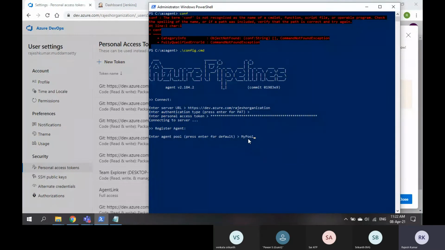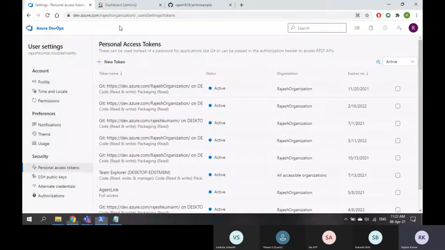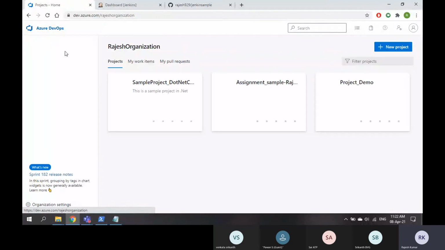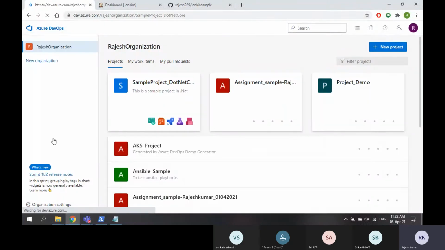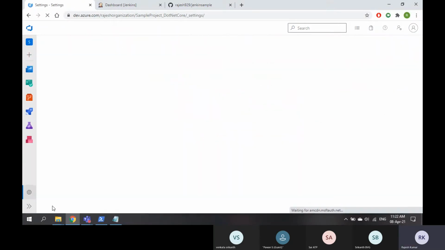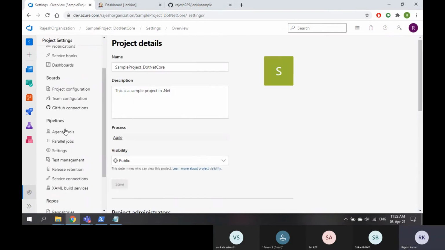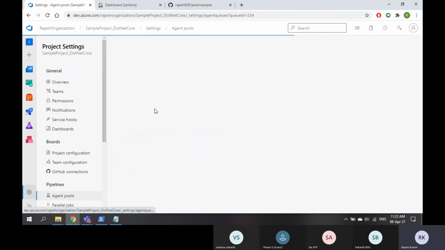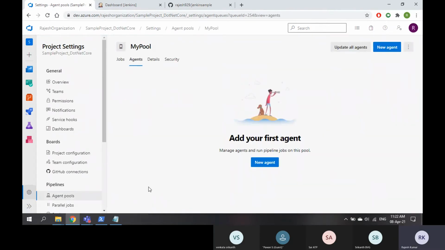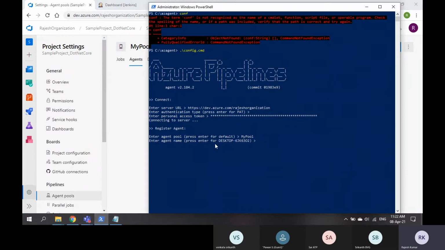I don't want to use default pool name. I will give my pool name. See here, no error. Now you need to give the agent name. So if I go to the projects, settings, agent pools, my pool, there are no agents. So he is asking for some name.